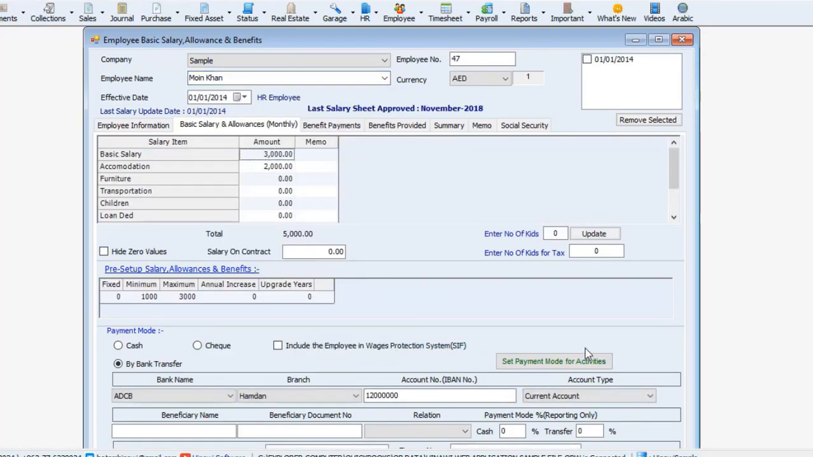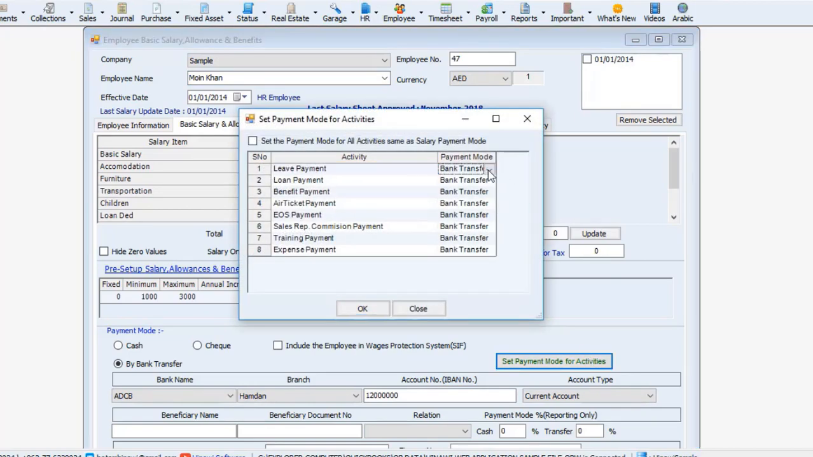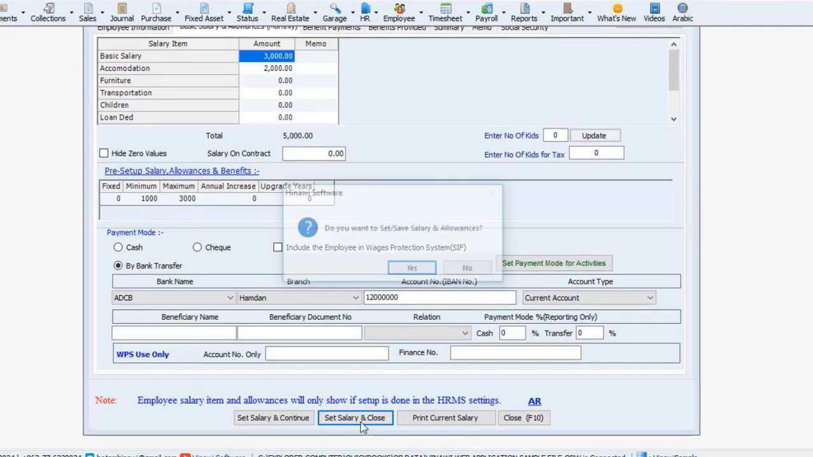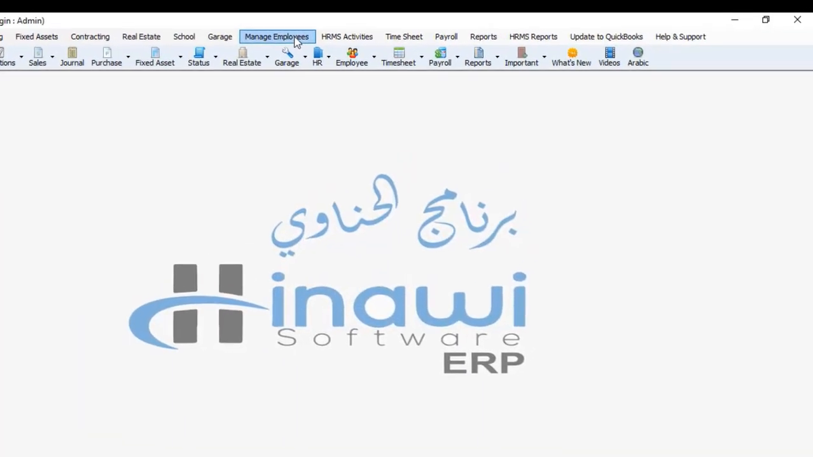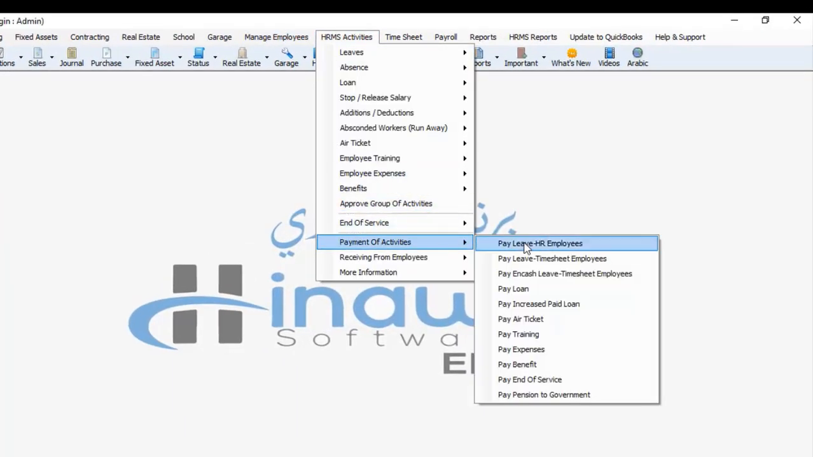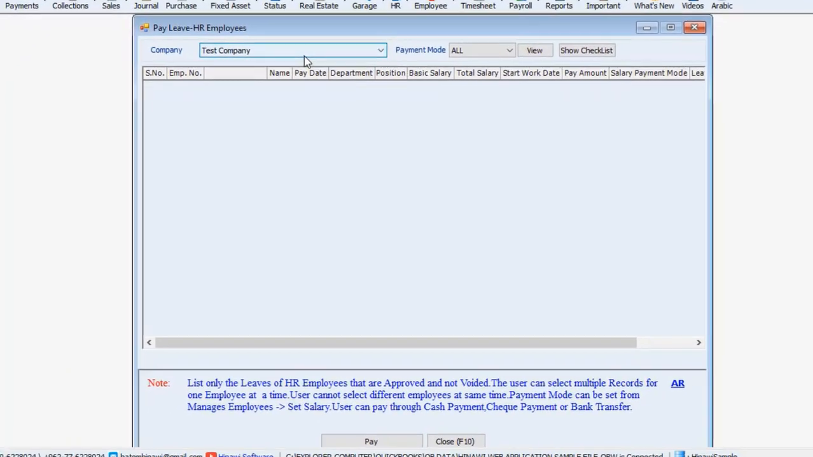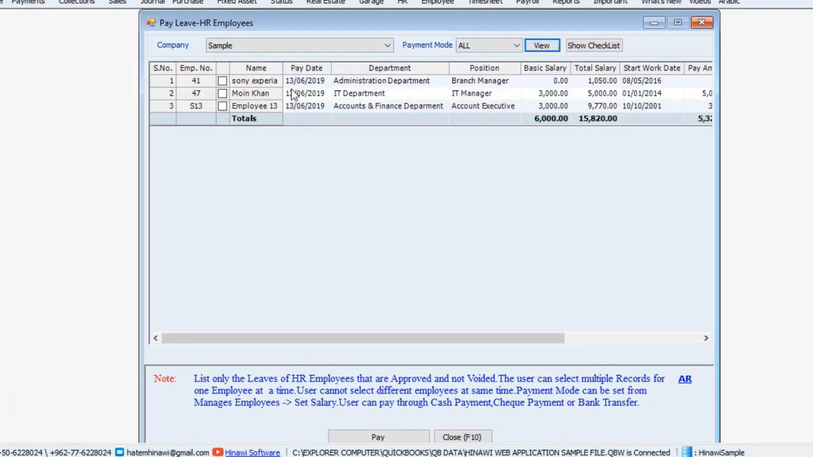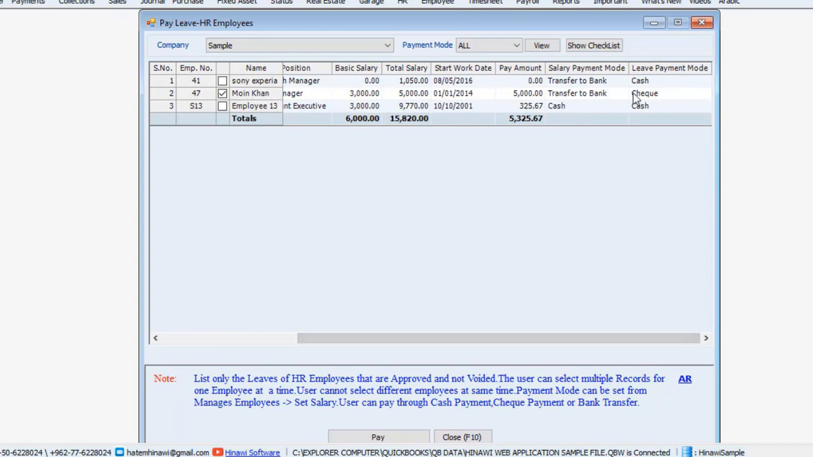Go to Leaves and click on Check, and then OK, and then we save and close, and then go back here to Payment of Activities and click on the sample file. Click on this employee, which in this case now has the payment mode set by check. So we click on Pay,